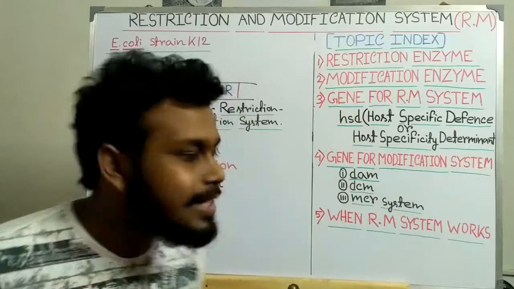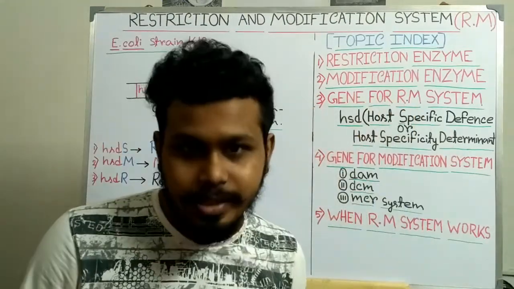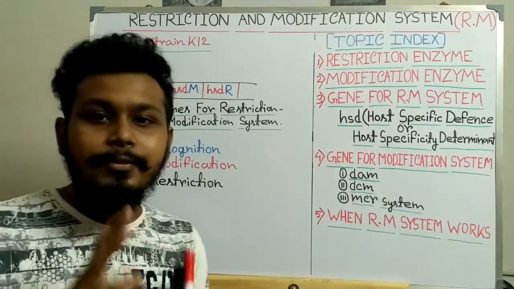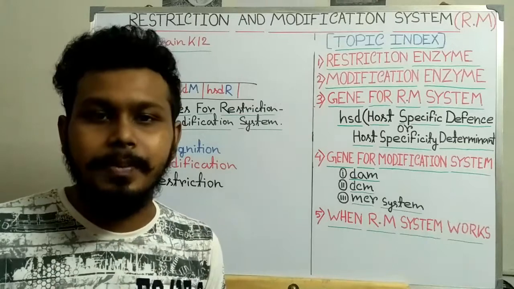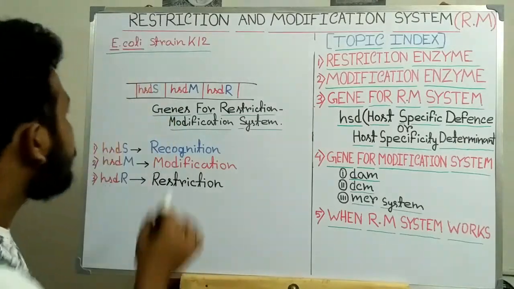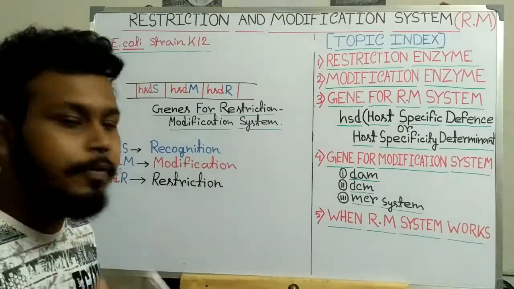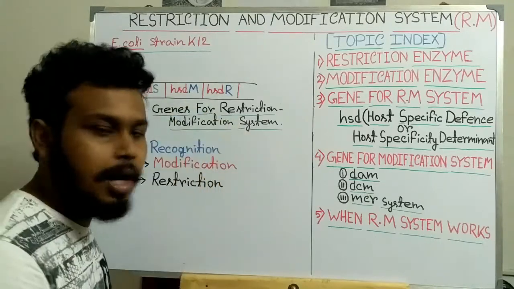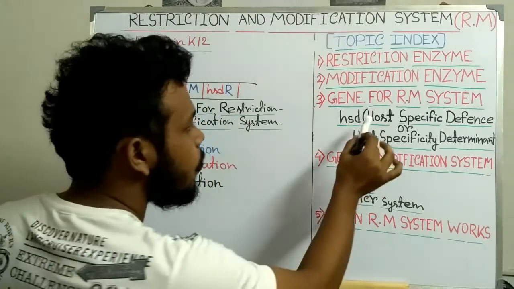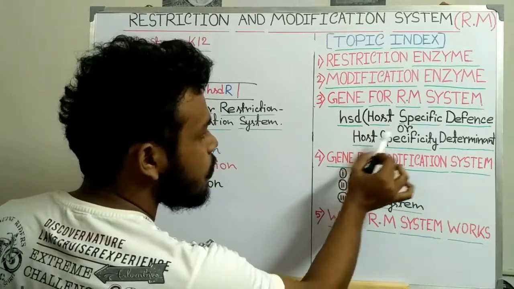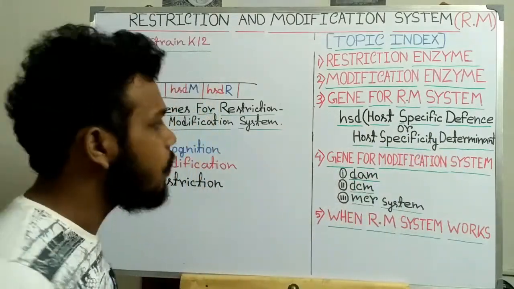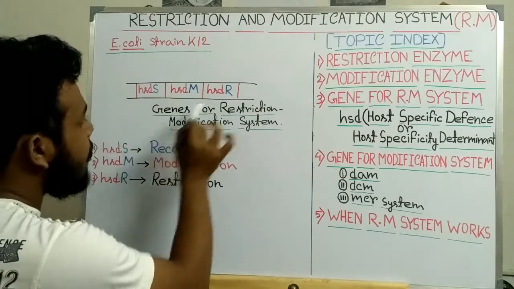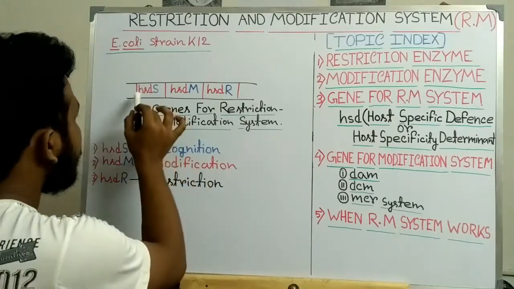Now I will discuss the genes for the restriction modification system. In E. coli strain K12, the restriction modification system was first discovered, where 3 genes are present which are involved in the restriction modification system. These 3 genes are called the HSD genes, that is the host specific defense or host specificity determinant. These 3 genes are HSDS, HSDM and HSDR. At first, the HSDS